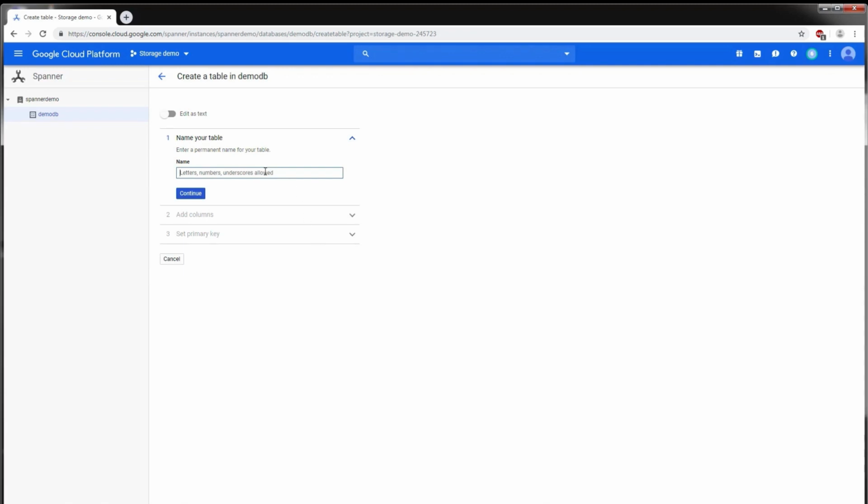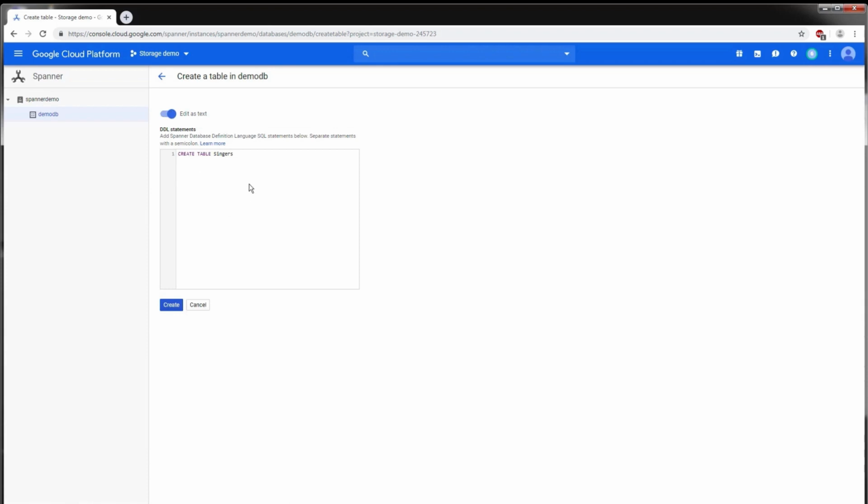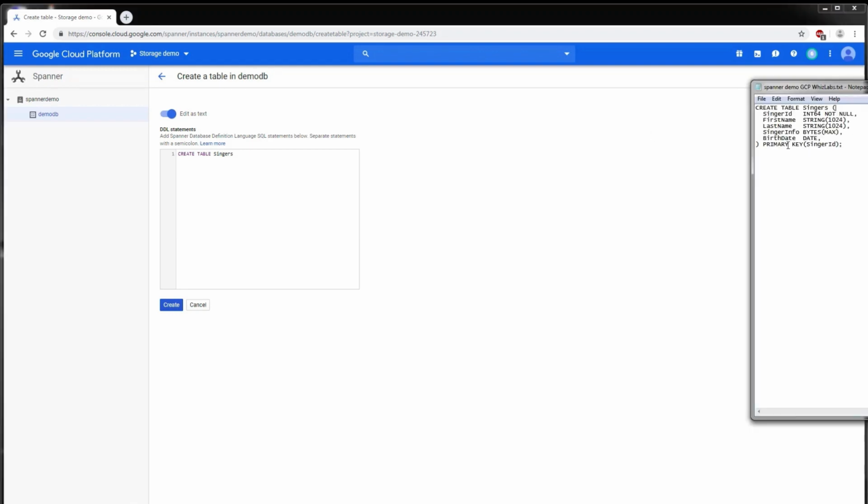and we can choose a table name. So let's call it singers. And here we can add columns by clicking on add column and creating the schema in a GUI fashion. Instead, we can also choose edit as text, and we can type in the DDL statements here, which is what I'm going to do. So here I have my code for creating a table called singers